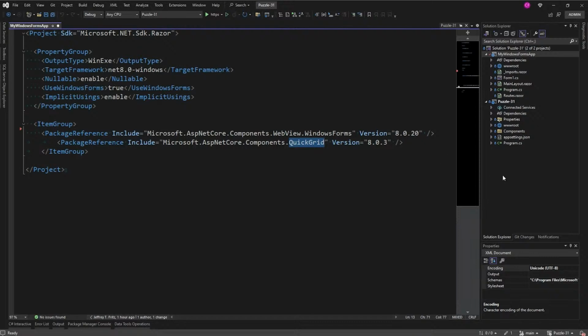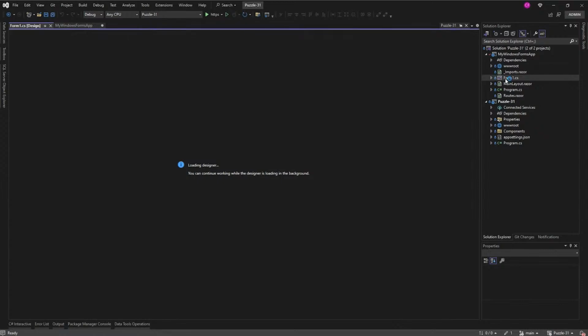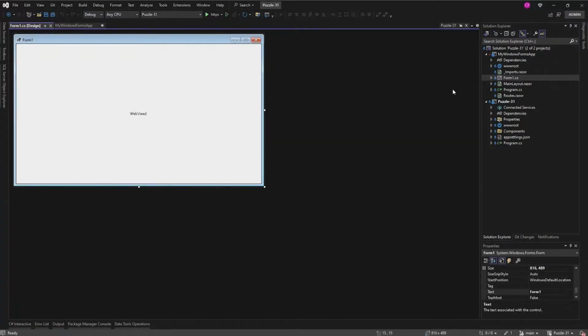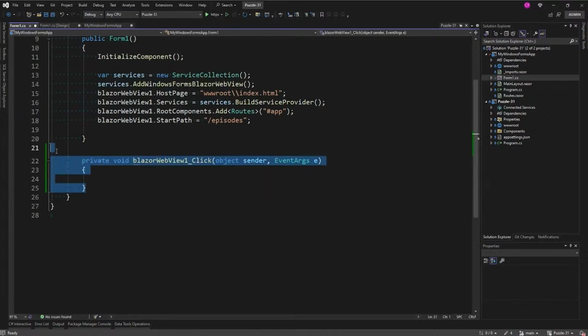Inside of Form 1 CS, inside the Windows Forms app, I added my Blazor WebView on the designer, and you'll see that when the designer loads up here. Okay. So I've added my Blazor WebView there. It says WebView 2, but it's a Blazor WebView. And if we look at the code underlying this with that F7 gesture here, you see I've added an